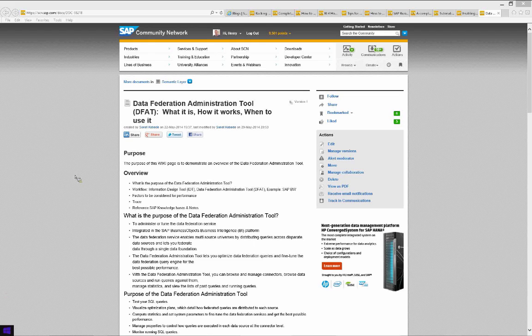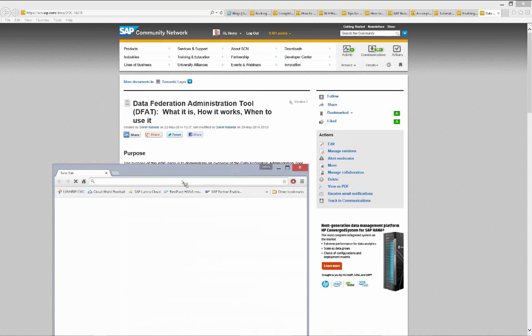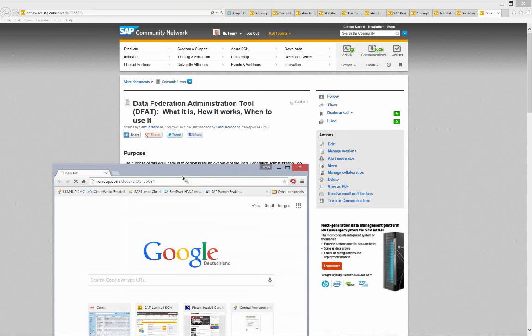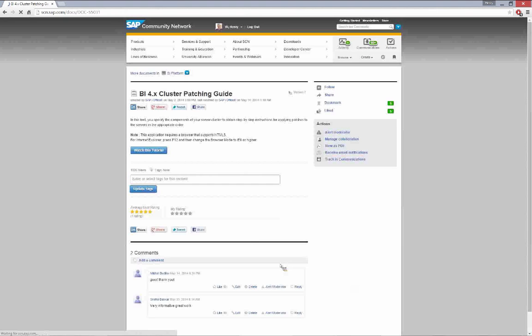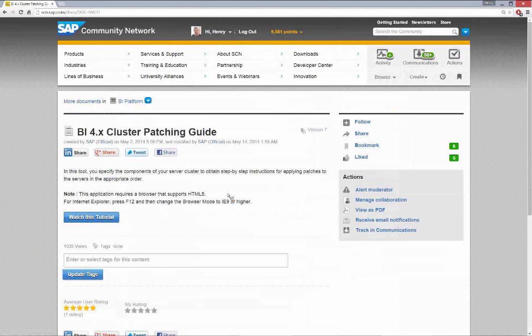Last but not least, on my collection of SCN links, I wanted to show you, I'm just going to open Chrome for this purpose, I wanted to show you the cluster patching guide. We have an interactive cluster patching guide. Since BI